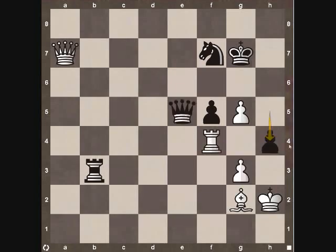So what we've done is we've noticed the weakness, the x-ray that we have on the white king, knowing that this pawn can't move because of our pin that we have down on it. And so black's going to have a very, very good game after he plays h4. It's just a brutal move for white to try to counter against. So we'll go ahead and take a look at a few more examples of how you can use an x-ray